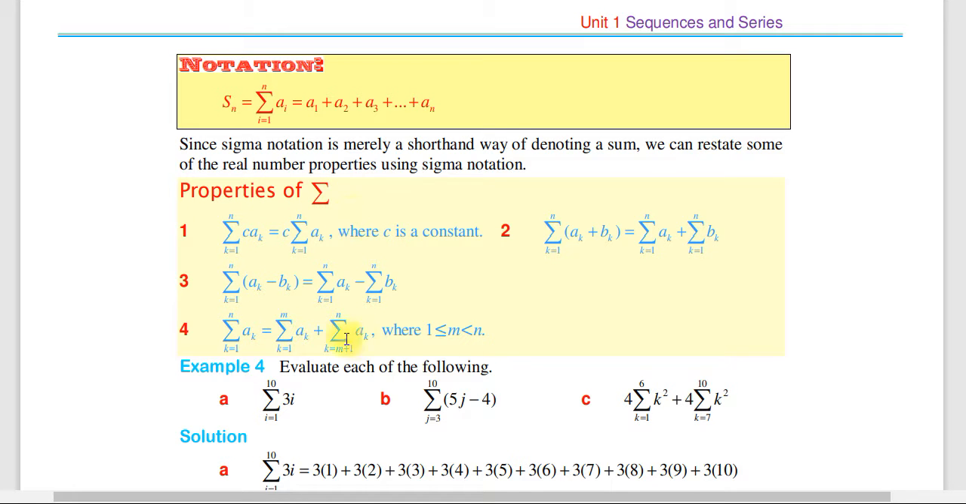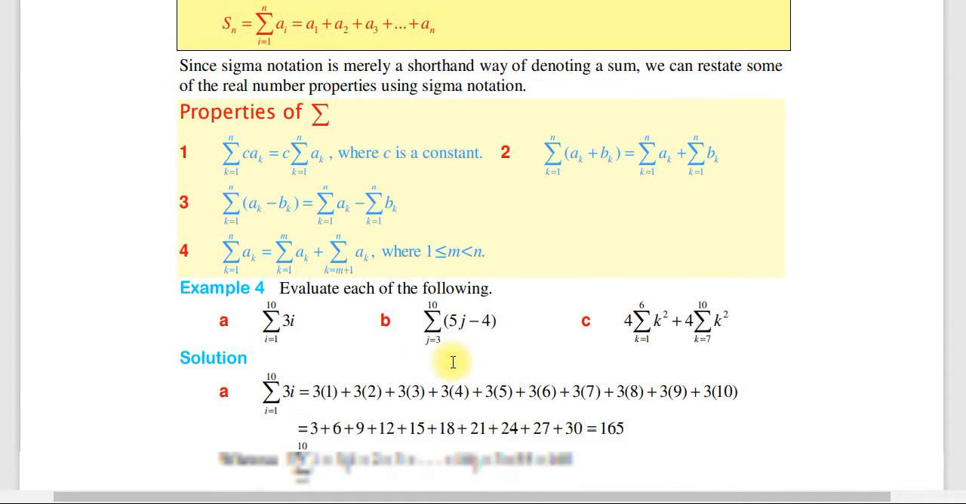ሶ እነዚህ properties of sigma ይባላሉ ወይም የሳሜሽኑ ፕሮፐርቲዎች ናቸው። ለምሳሌ evaluate the following። እነዚህን ሩሎች በመጠቀም እነዚህን evaluate እናድርግ እስቲ። የመጀመሪያ the summation of 3i, i starts from 1 up to 10, and here the summation of 5j minus 4, j starts from 3 up to 10, and 4 summation of k squared, k starts from 1 up to 6, plus the summation of k squared, 4 times the summation of k squared, k starts from 7 up to 10።